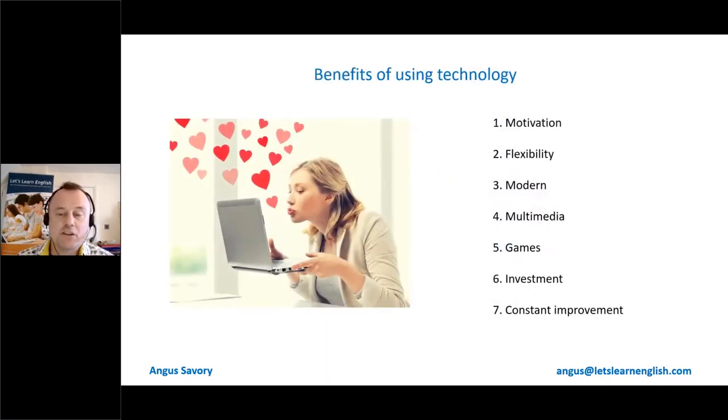Benefits of using technology. Well, as I mentioned, motivation. Also flexibility. Technology can be used either by just one person,